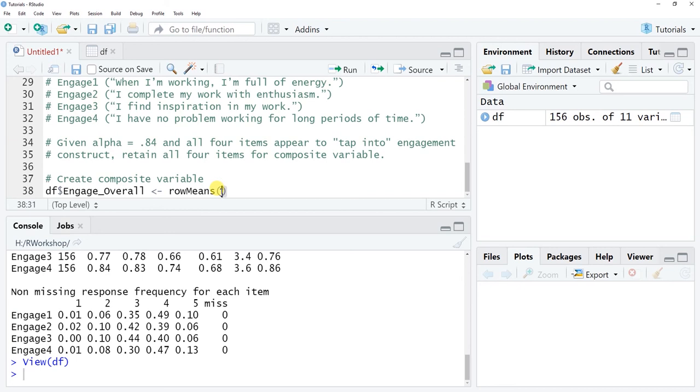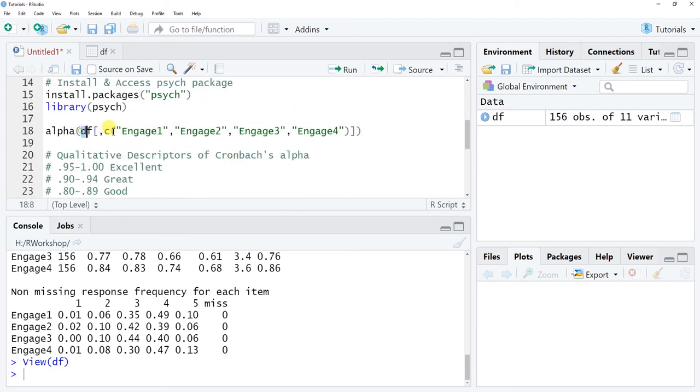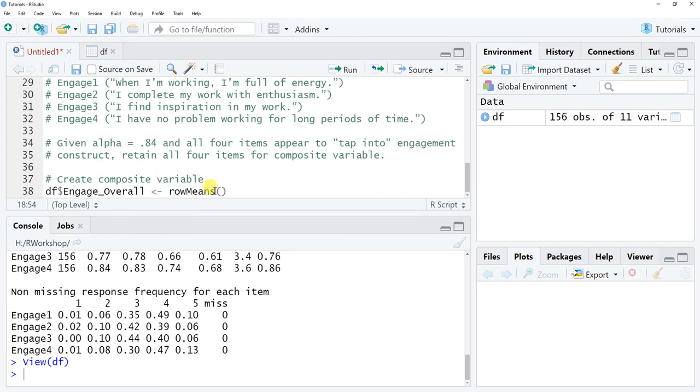I said that some of the syntax for this would look familiar in terms of the argument structure to what we did with the alpha function. Here's where you're going to see that with the first argument that we're going to use in the rowMeans function. I'll just show you how this is exactly the same. We're just going to grab the whole argument structure here, so everything that's within the outer parentheses, copy it from our alpha function,